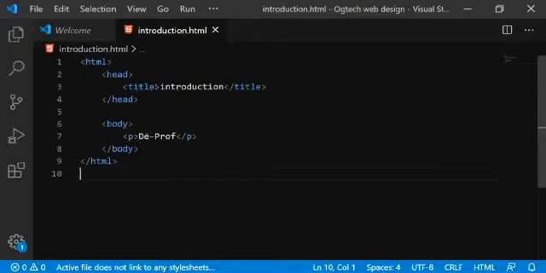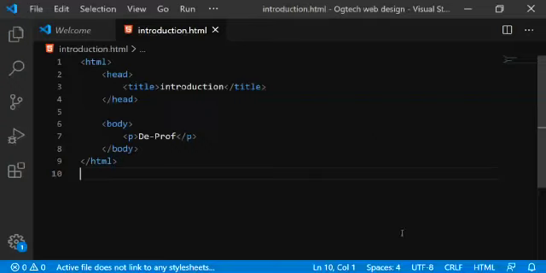Okay, so now if you can see, we have the prof as a name here, because what we have here is the prof. And if you check the title, the introduction that we have here, this is the title, introduction. Take note that this title will be visible only when you are using a laptop or desktop, or probably you are using a tab. But as long as you're using a phone, this title will not be displayed. Is that taken? Yes. Alright, so the next thing I want to show you,